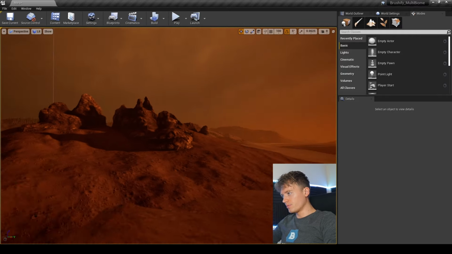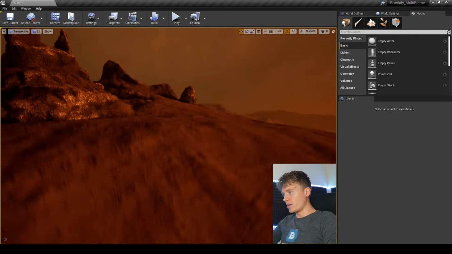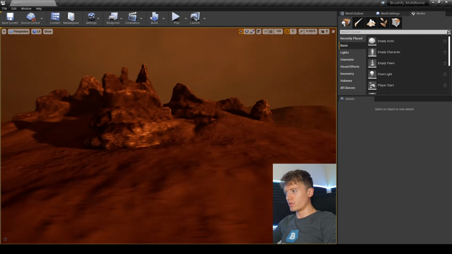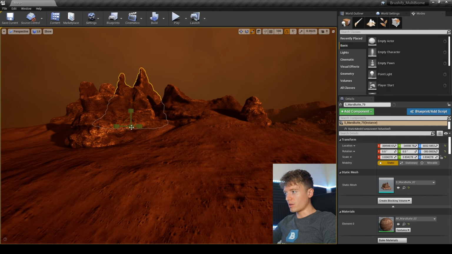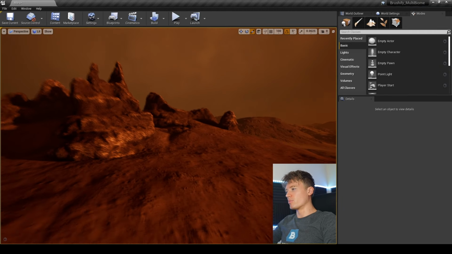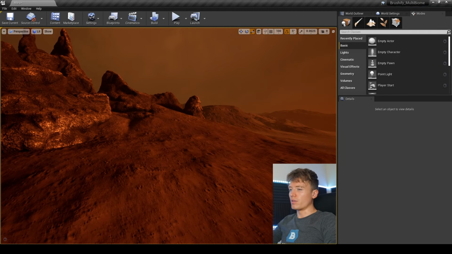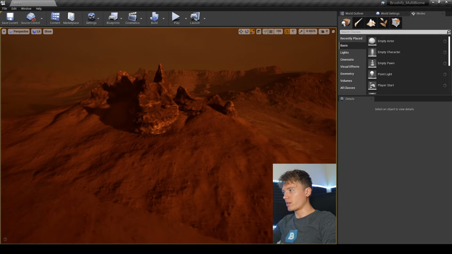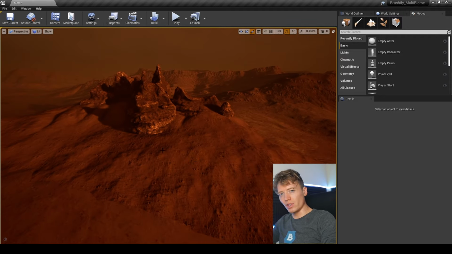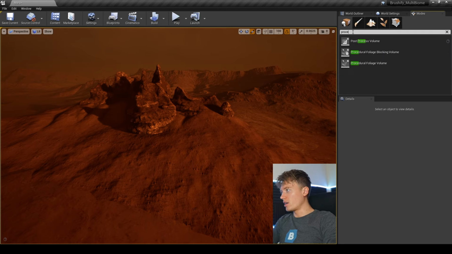Okay, so that's nice. And I think the next thing we need to do is add some smaller rocks. Make that a little bit bigger. Make some smaller rocks as well, because you can notice this slope here is a little barren. The way I'm going to add small rocks is I don't want to do it individually, one rock at a time. It's much better if I can use the procedural scattering tool. So to do that, I can go to the Modes panel, or in the Place Actors menu in the later versions, and type in procedural,